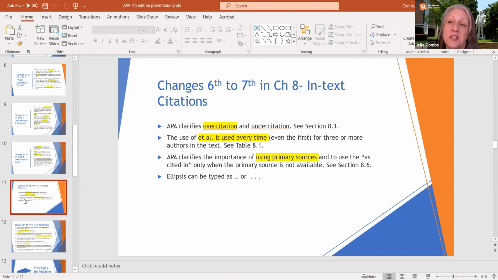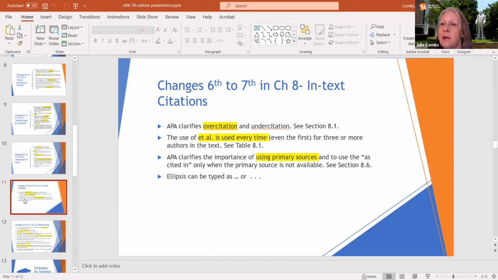The one change that I personally really like is starting from the very first sentence, any study that has 3 or more authors, we always use the et al. So we use the first name, Smith, and then for all the others, we use et al. There's no comma between Smith and et al. It's just Smith, et, space, al, period, and then the date. And that goes throughout the whole paper. I really like that. That does save an editing step and checking for that first time use, particularly when you cut and paste and move things around in your paper.